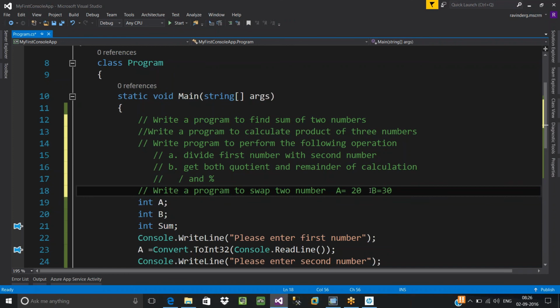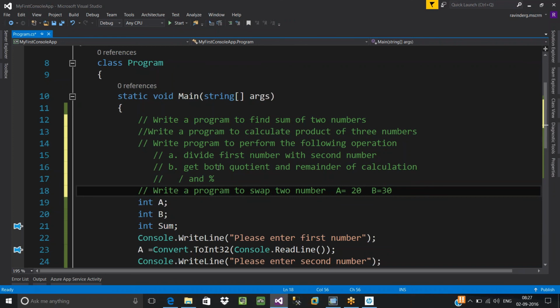Everyone is new to this environment, so this is the right time, the right opportunity for you to learn writing all the logics and everything. Please do practice all these examples. Please do try all these examples on your own. Don't take any help from Google or any of your friends. Tomorrow I will verify all these programs and their outputs.